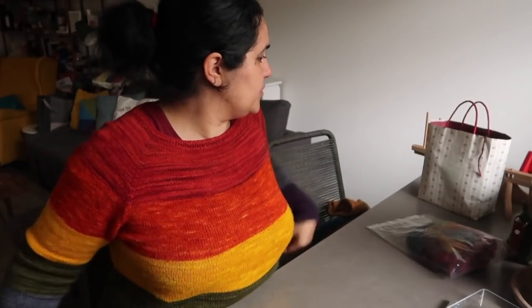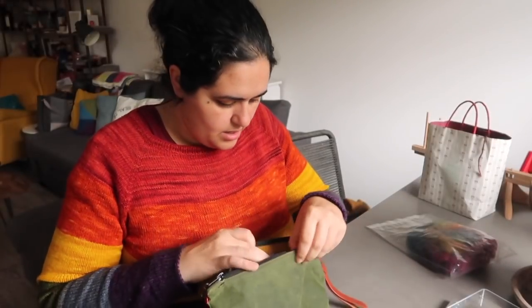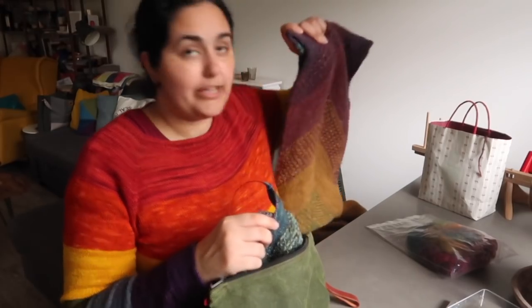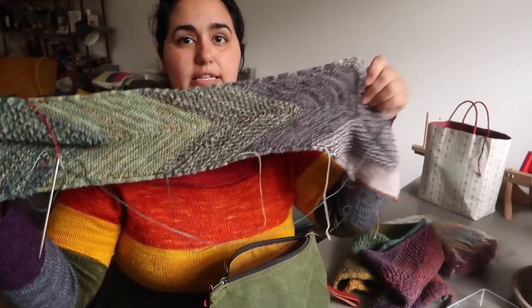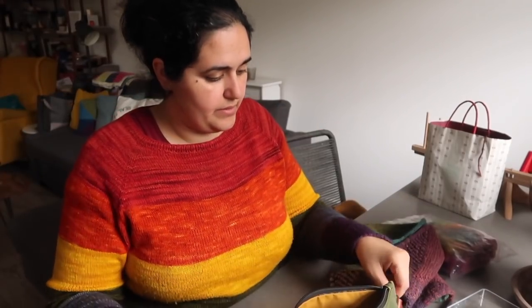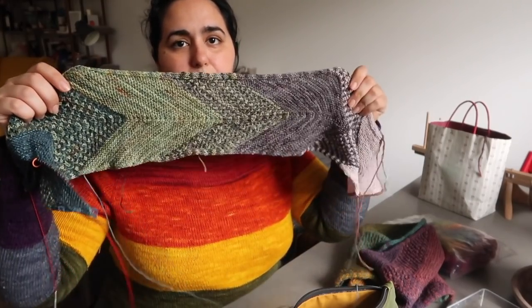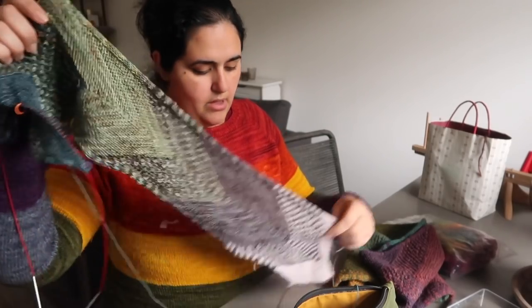In terms of works in progress, we have another version of that cowl I was showing you with the Snowday pattern, this one. This one is out of fingering weight yarn. It's a little bit narrower because I wanted to go for a different look. I'm going to block it a bit wider than it's showing right now, but this is going to loop around at least twice, if not a third time, because at the moment